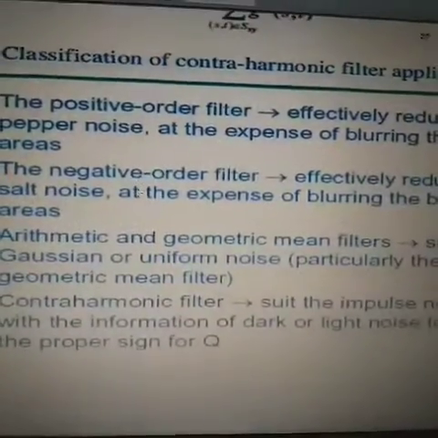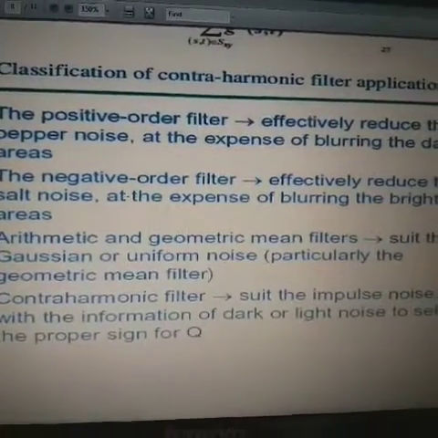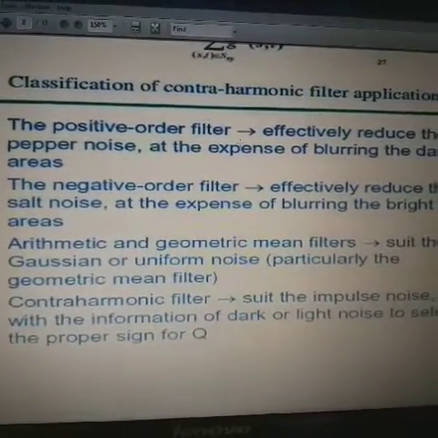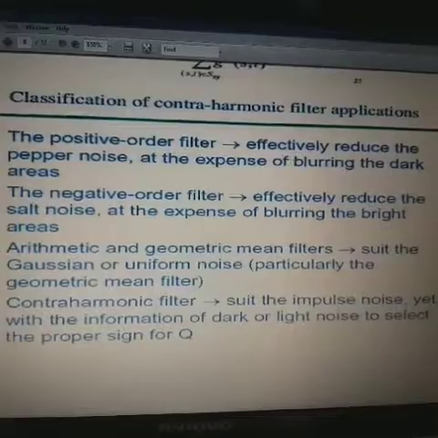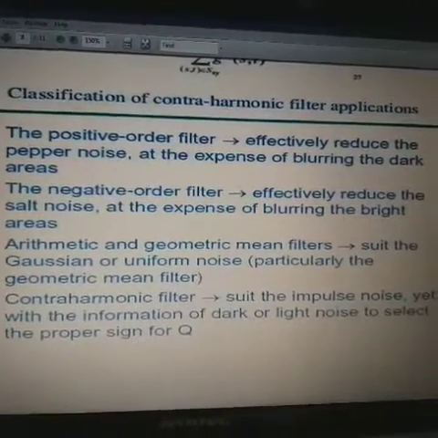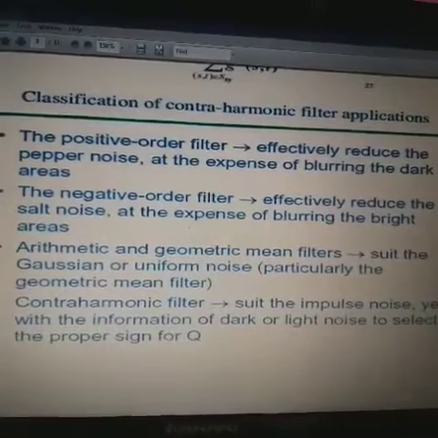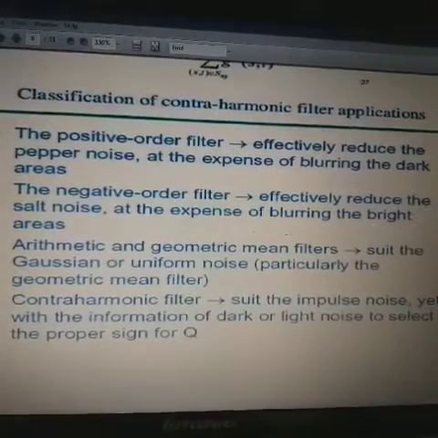Further, the contra harmonic mean filter can be classified according to the applications, where the positive order filter effectively reduces the pepper noise at the expense of blurring the dark area. Negative order filter may effectively reduce the salt noise at the expense of blurring the bright area.